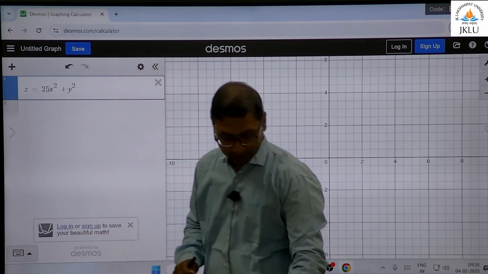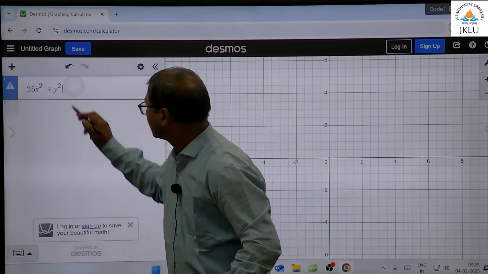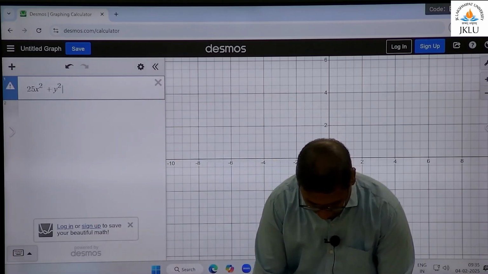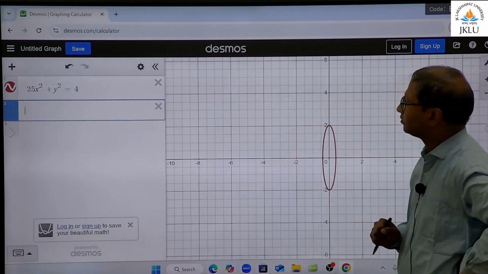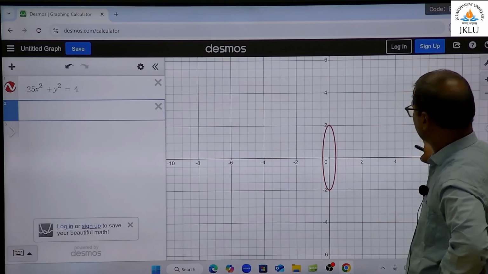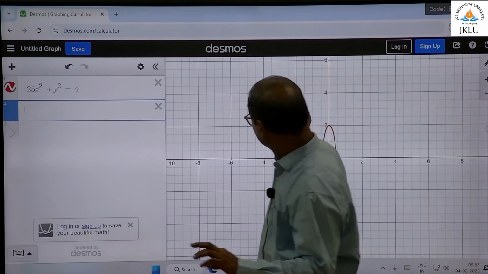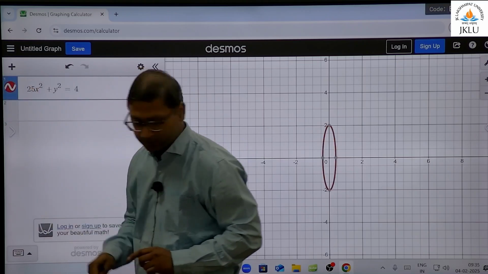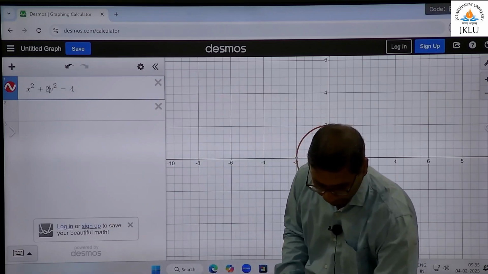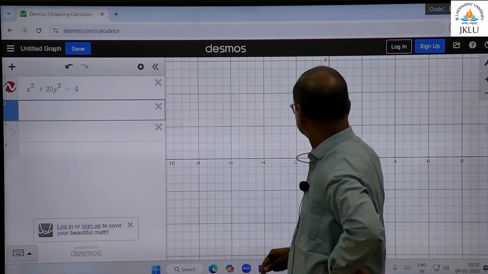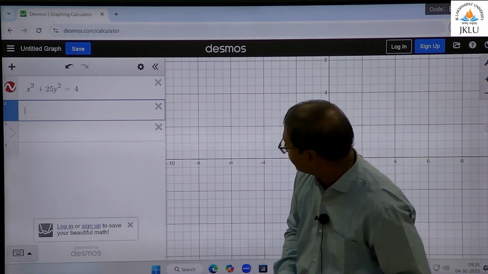What I will rather do is, equal to 4, let's say, this one. This is x, this is y. Okay, so for our visualization, let me flip these guys. Right, this one. Now, if I repeat the same thing,